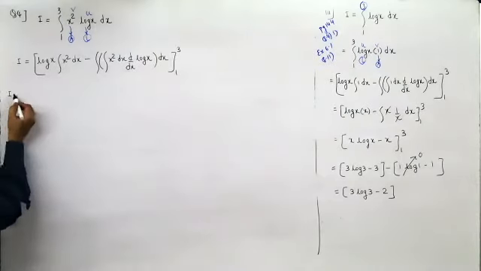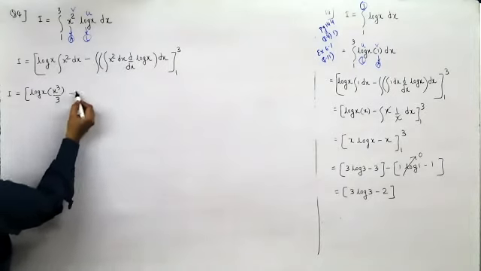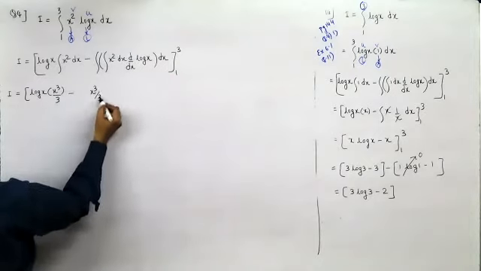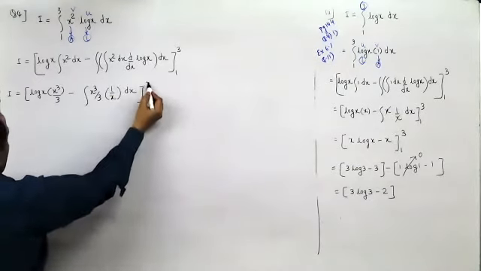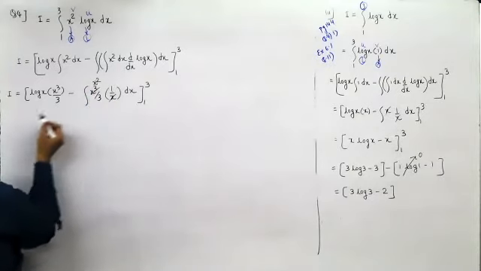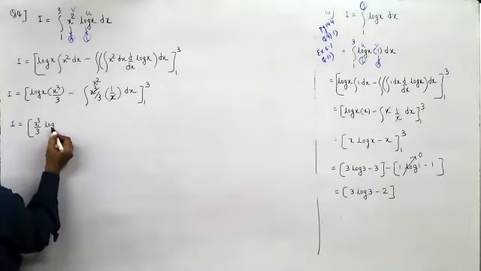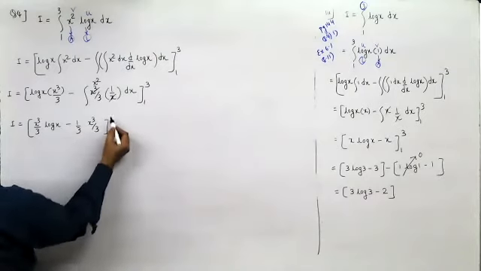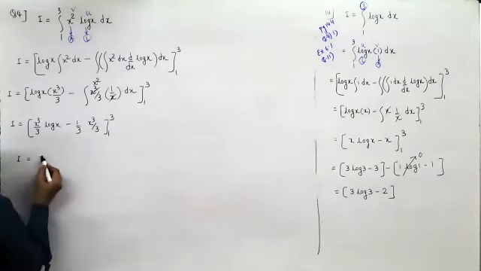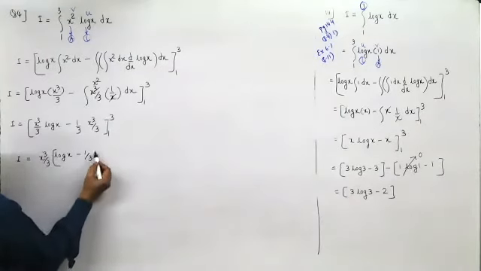So this would be I equal to log x, integration of x square is x cubed by 3. This would be minus integration of x square is x cubed by 3, derivative of log x is 1 by x. You integrate this with respect to x between 1 and 3. X into 1 by x, this is x square. I would be equal to x cubed by 3 log x minus, I take 1 by 3 out, integration of x square is x cubed by 3 between 1 and 3. You take x cubed by 3 out, and you get log x minus 1 by 3 within the bracket.